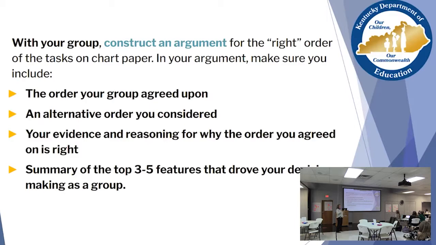We wanted you to really analyze and look at these tasks and order them for yourselves, and then come to an agreement within your group as to which one you think is the best, the middle, and the not so best. And you're going to write an argument, all right? So that means you're going to make your claim. You're going to tell me what your evidence is to support it, hence those notes that you were jotting down, and what your reasoning is, that is, what's your justification. Not just the evidence, but how does that evidence support what you want?